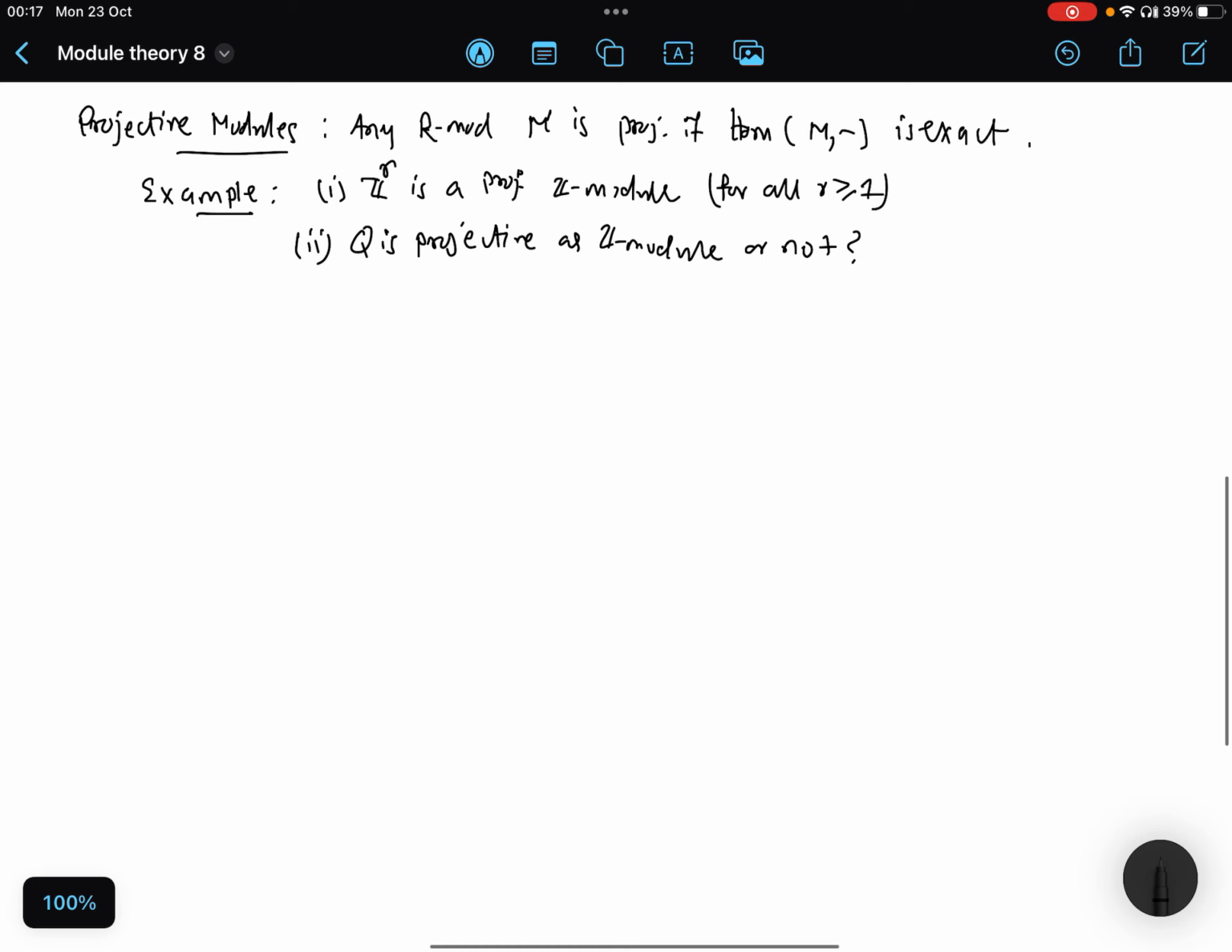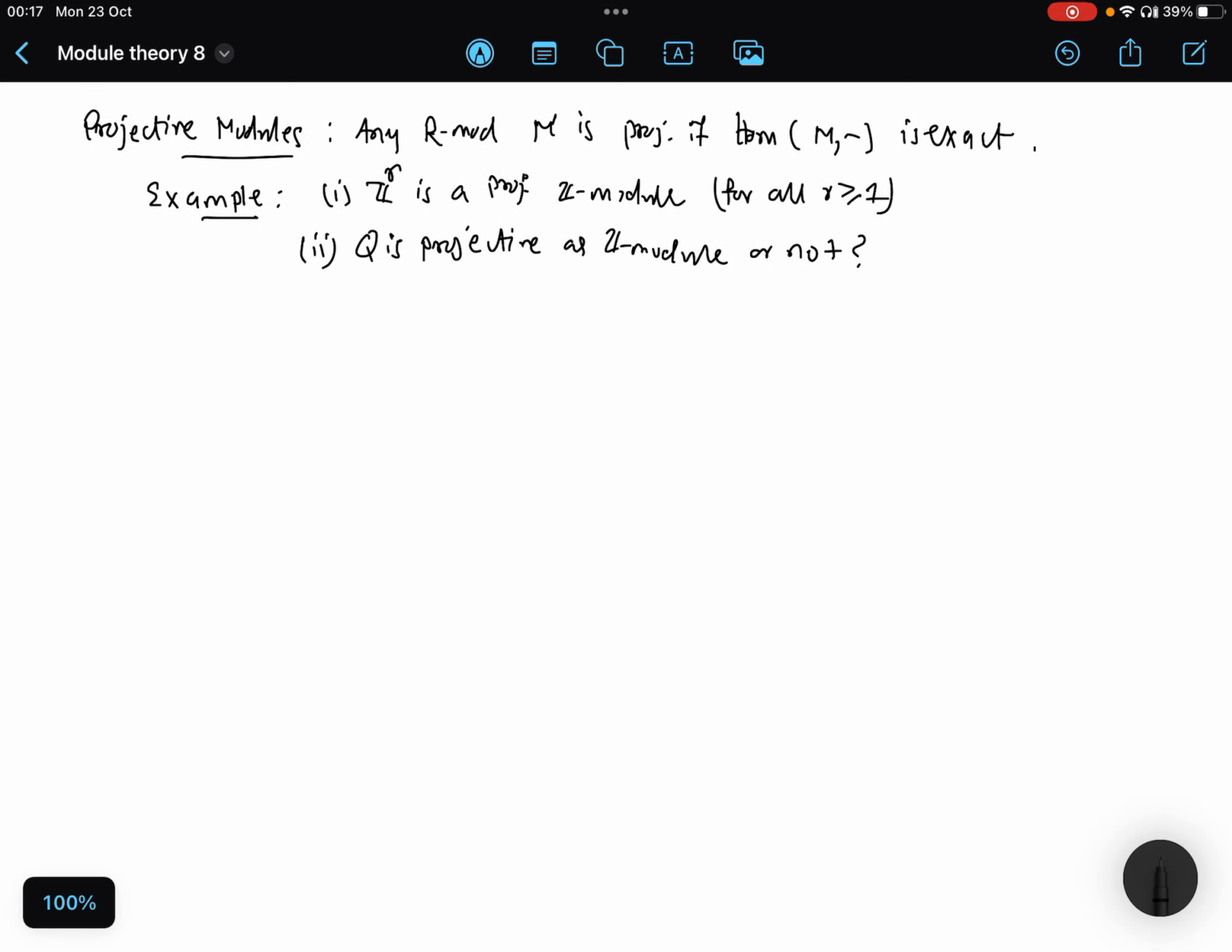Anyway, let's see some equivalent criteria for a module to be projective. Number one is the usual definition, that this Hom functor is exact. Number two, so what does it imply? It implies that